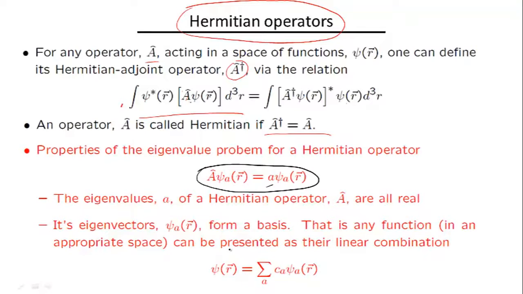But at this stage, I just want to give you an idea about the properties. The property that I'm presenting here is that if you have any relevant function psi of r, which has something to do with our problem, and this function lives in the space where our operator acts, then a set of all eigenvectors of this operator, which in principle can be either discrete or continuous,